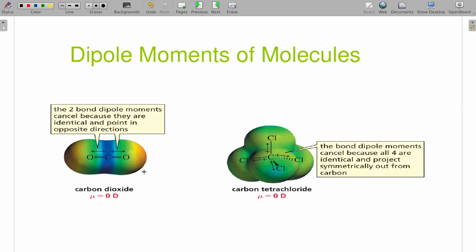Now, we do see something beneficial. That electronegativity difference that this potential map is showing us is going to help us understand why certain molecules react the way they do. But dipole moments of molecules relate to their physical properties, like boiling points and freezing points. And both these are affected by mostly just dispersion forces because they're nonpolar molecules.